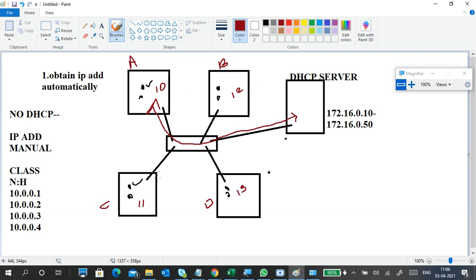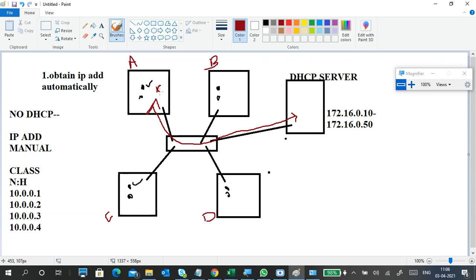So I got these IP addresses randomly, but A got the same IP address while B, C and D got different IP addresses. That is one possibility. Again, we'll remove all these IP addresses. Now A, B, C, D.